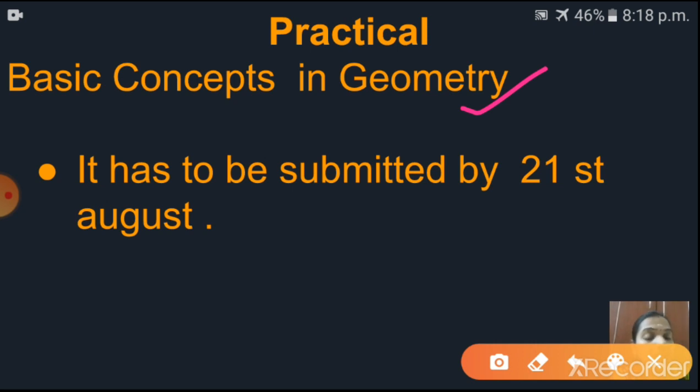You have to write your details, that means name, standard, division and SID numbers. And next, you have to take a photo. That photo you have to convert into a PDF format. That PDF you have to send to your particular division group. Understood, children? When do you have to submit it? Yes, by 21st August. Okay, shall I go to the next now?